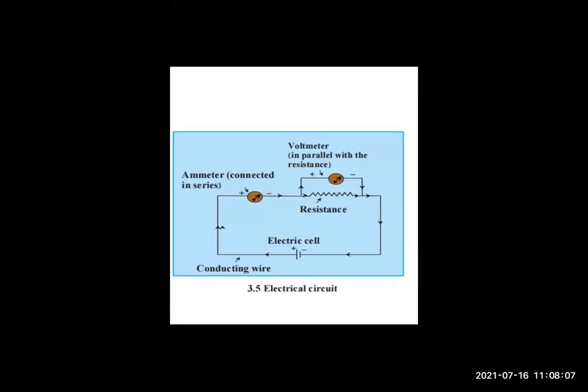You can see the diagram: a cell, a bulb, a key connected, then a cell and a bulb. In some, the bulbs are glowing, and in some, the bulbs are not glowing. You can even see the piece of rubber, right? So now you have to see what the mistakes in the figures are. There are some mistakes. Can you point out some of them? You have to write the answers in the chat box. Ashish, don't raise your hand. I want the answers in the chat box, I will read them. Whatever mistakes you find, you can note down in the chat box.